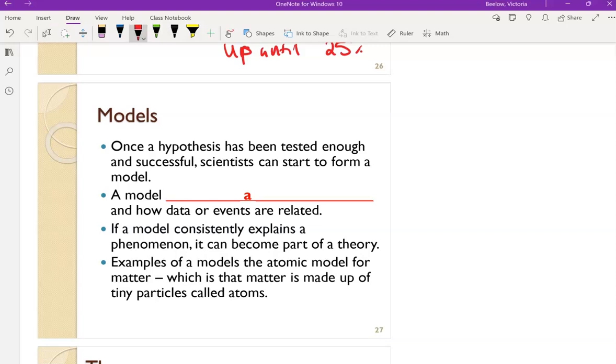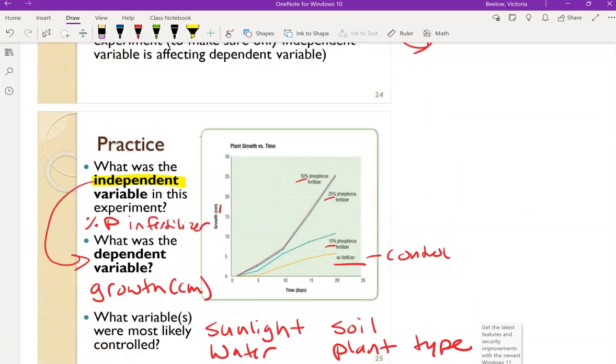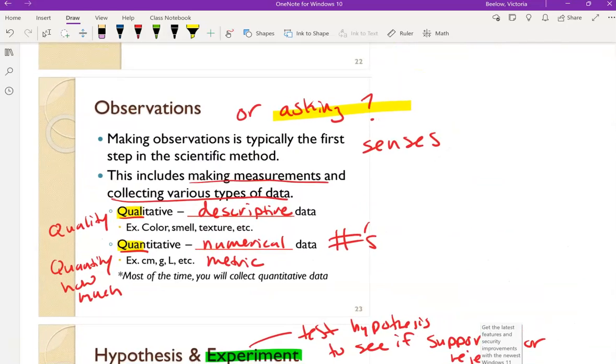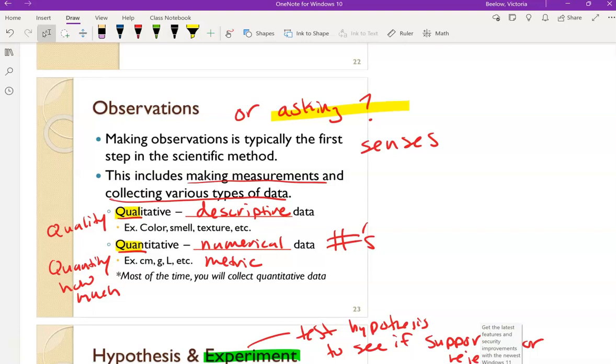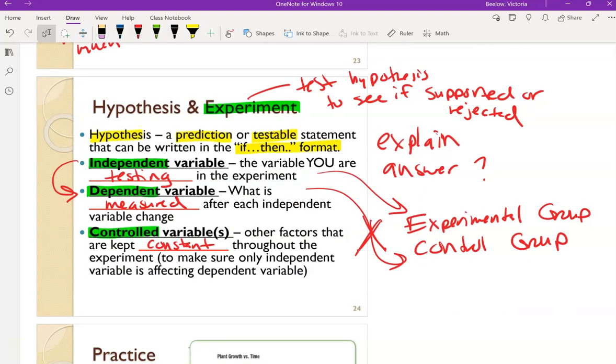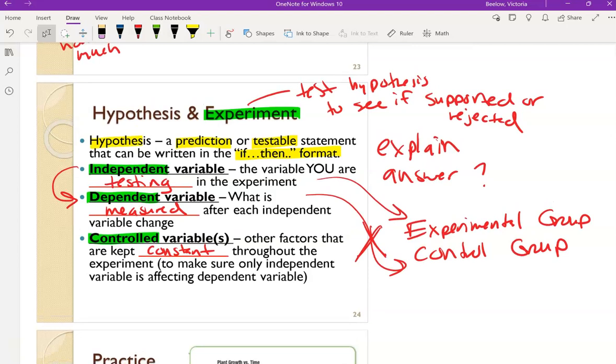In this video, I'm going to be finishing up the scientific method notes. So again, previously we were talking about the steps of the scientific method, beginning with observations, asking a question. You see something, smell something, hear something. Maybe you collect some data in the form of qualitative or quantitative, and from that you hopefully answer your question in the form of a hypothesis, something that you can test through an experiment and either support or reject your